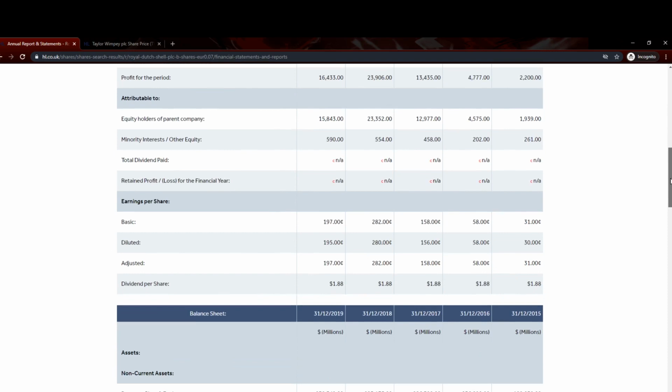So earnings per share, again, a fairly bad dip back in 2015 on the right, and then a bit up and down, but broadly up, coming to a height of £2.82, and 197 last year. So they've taken a bit of a dip this year, but as you can see, the oil